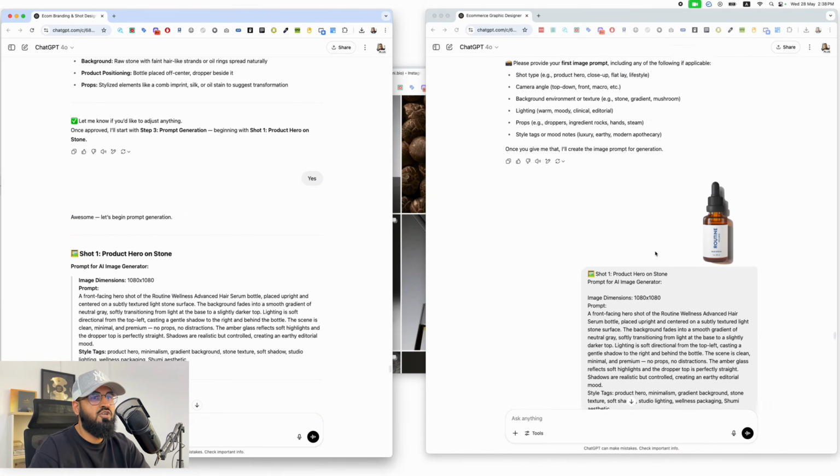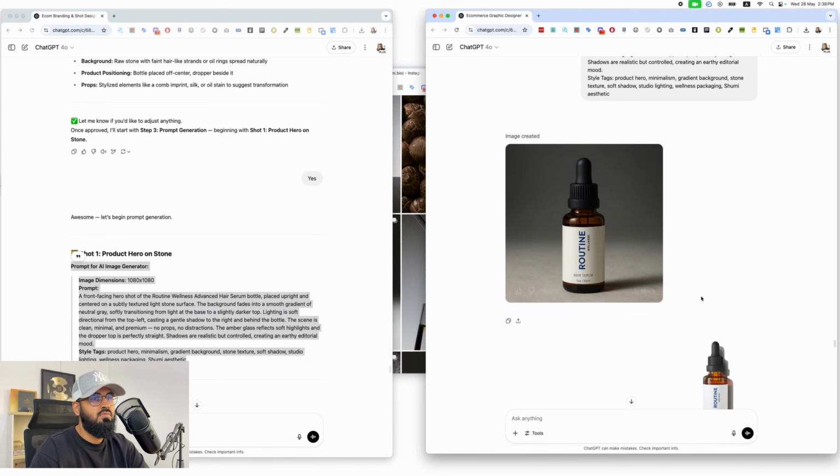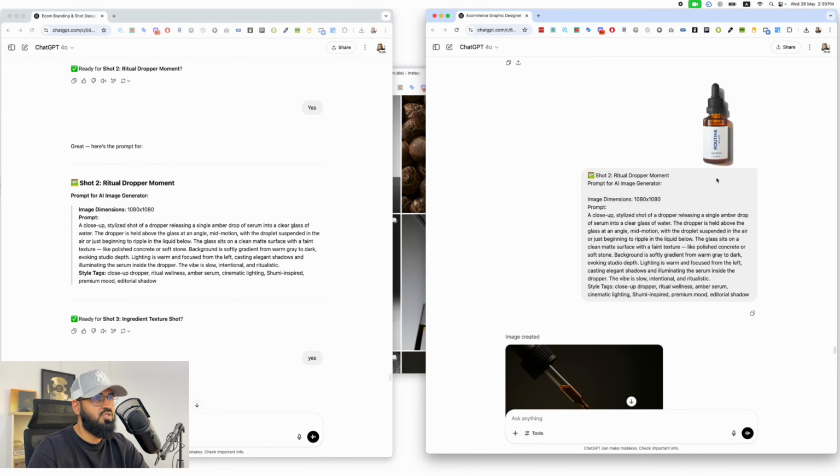Okay. So the first prompt, I paste the first prompt in here. I upload the image of the product, and boom. Then I paste the second prompt in here. I again upload the image of the product. Now, the reason that I'm doing this is I don't want ChatGPT to forget what my product looks like, because